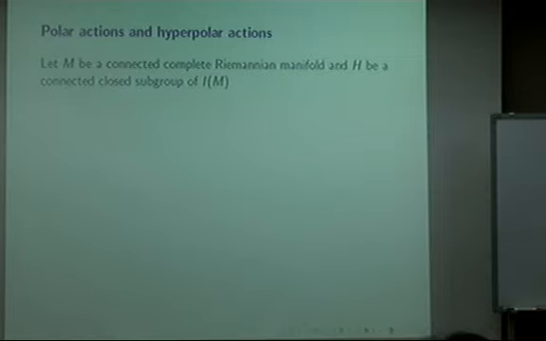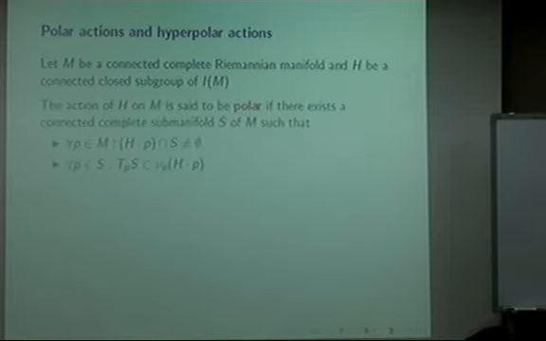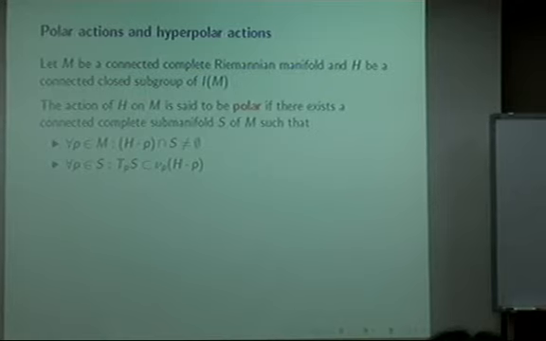We start off with a connected, complete Riemannian manifold, and we pick a connected closed subgroup of the isometry group and denote this subgroup by H. And we say that the action of this group H on M is polar if there is a connected, complete submanifold S of M such that for any point in M, the intersection of S with the orbit through that point is non-empty, and if for every point P in S, the tangent space TPS of this section at P is contained in the normal space,